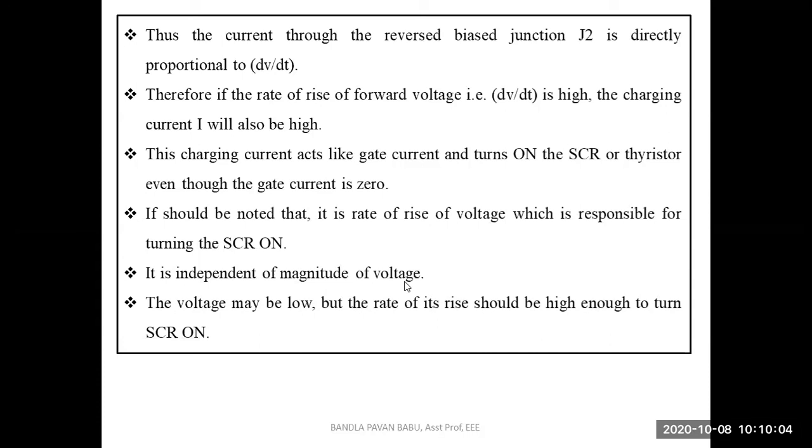So we are making the switch turn on and turn off. When the switch is open, what happens? The current is zero and the voltage is maximum. When the switch is completely closed, or is going to be closed, when it's partially closed, the voltage goes down and the current starts rising. Okay, so this is the process of the turn on in the dV by dt triggering method.